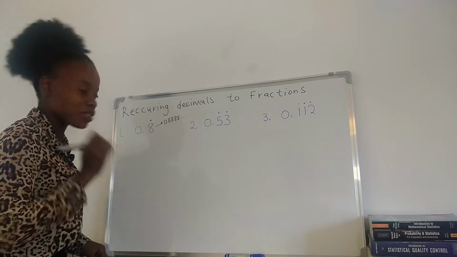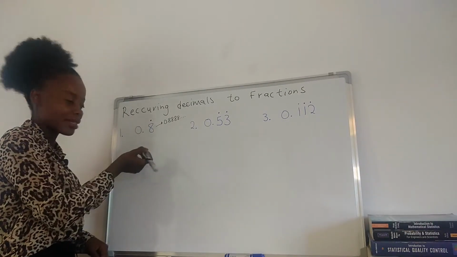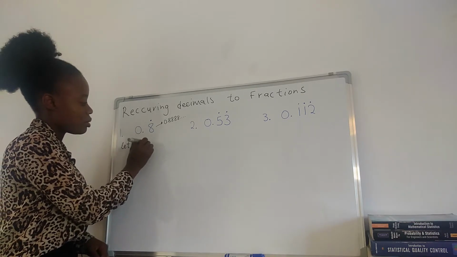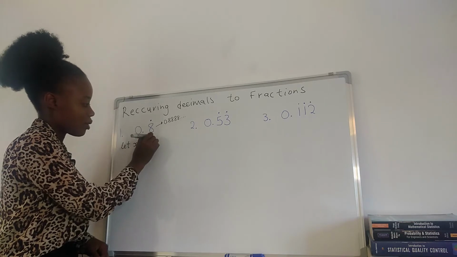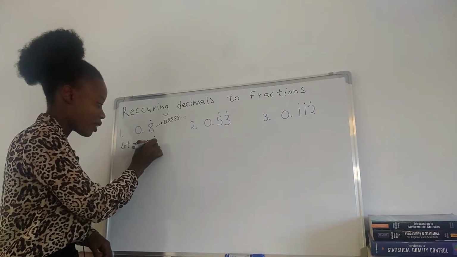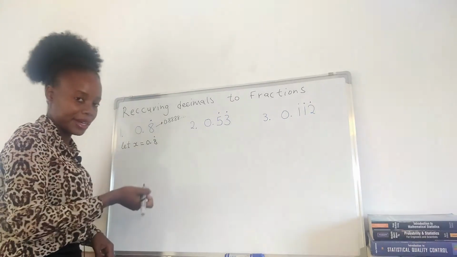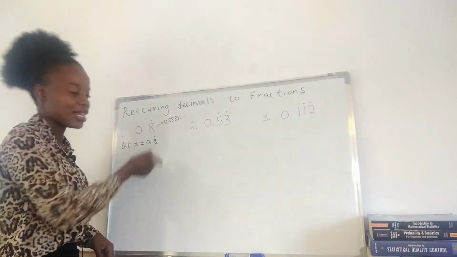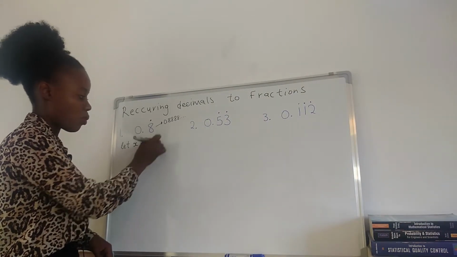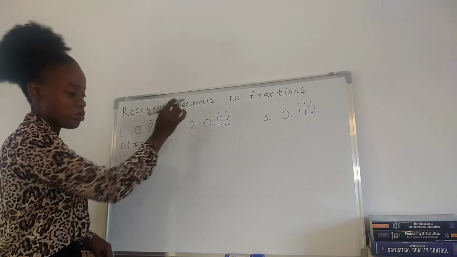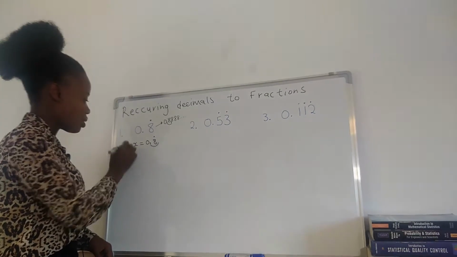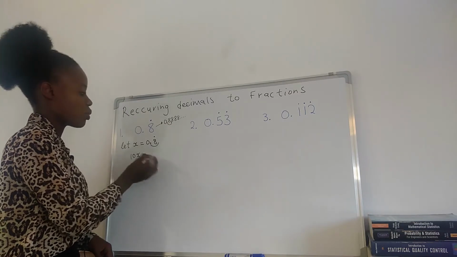The first thing that you are supposed to do is let this be x. So let x be 0.8 recurring. And then after that, for the second equation, we want to make sure that immediately after the decimal is a recurring number. If you just move one step, you can see that it will be a recurring number immediately after the decimal. So we're going to multiply by 10 both sides. So we're going to have 10x equals